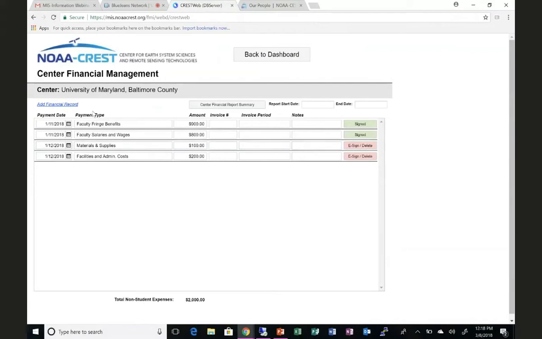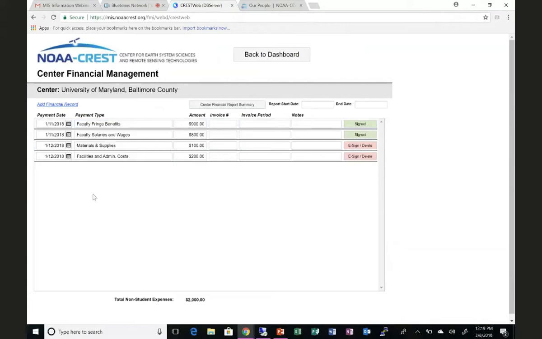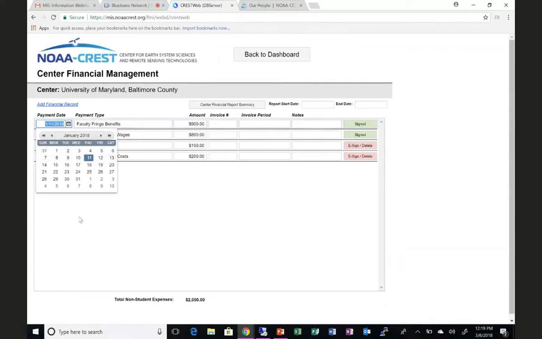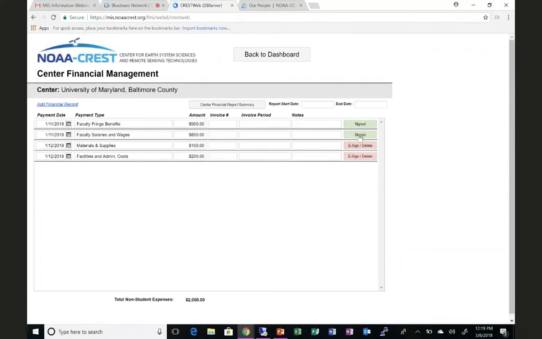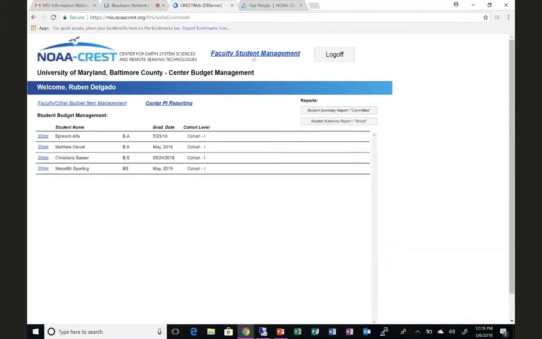And again, this is the payment type based on the SF424. And then you need to put the payment date or when the invoice has been released, and how much amount. And again, as you can see, these two are signed. So, and everything that comes in, then you can go back and you can see,